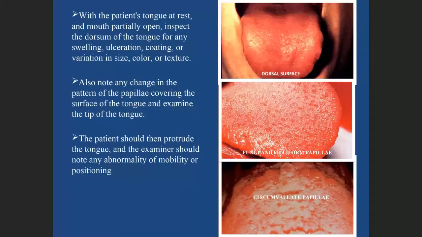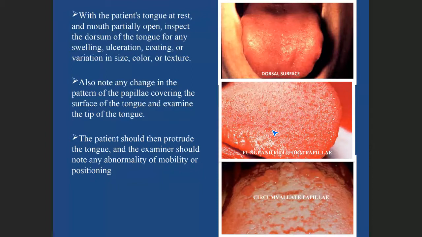Next is examination of the tongue. You have to examine the dorsal surface of the tongue, the ventral surface of the tongue, as well as the lateral borders of the tongue. For the dorsal surface, you can just ask the patient to protrude the tongue, and you can look for any kind of coating, any kind of normal variation in the tongue, any ulcer, any pigmentation, red lesion, white lesion, anything you feel which is not normal, you record it. And also